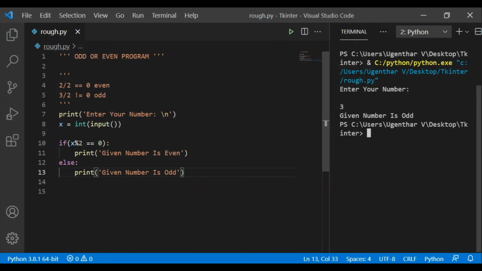That means it gives the remainder and checks if the remainder is equal to 0. 3 modulo 2 is 1, which is not equal to 0, so it prints given number is odd, or else it will print given number is even. This is how the code works here.